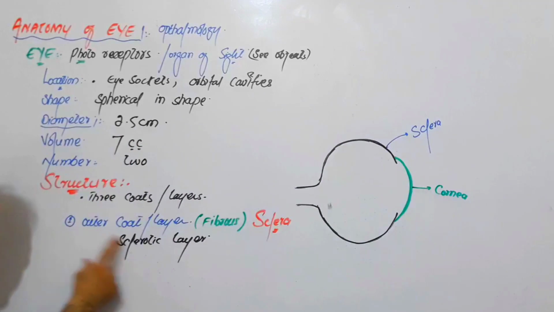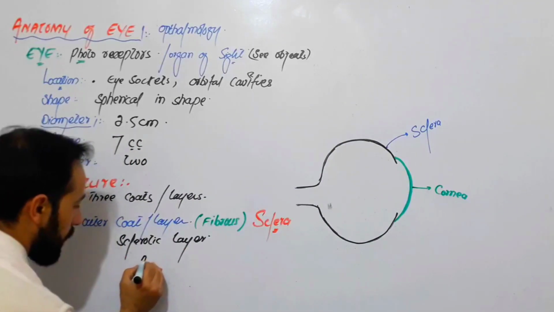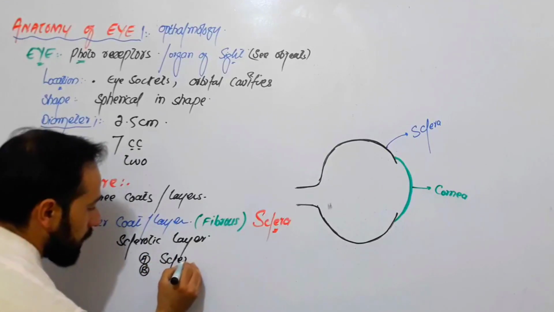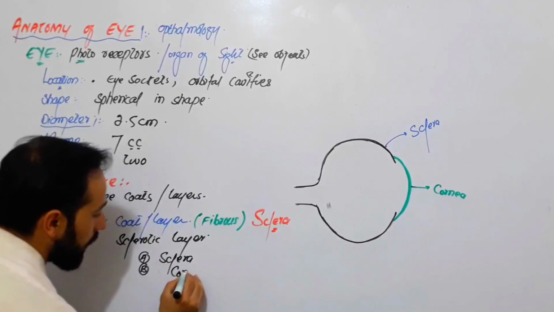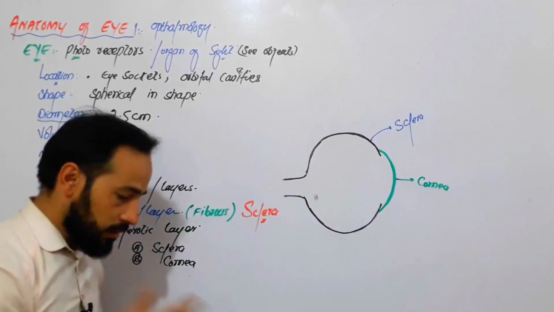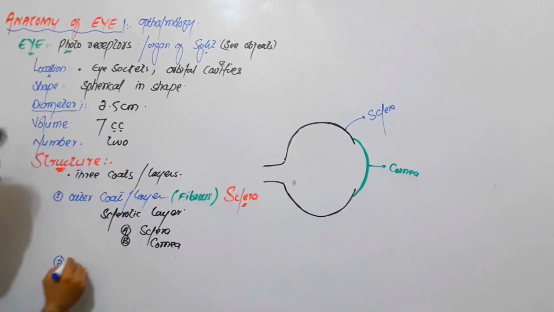So right, this outer sclerotic layer is further composed of how many parts? It is composed of 2 parts, the sclera and the cornea, and we will have detailed lectures on both of them inshallah in the next lectures, right? So this is the outer layer. Then number 2, we have the middle layer,